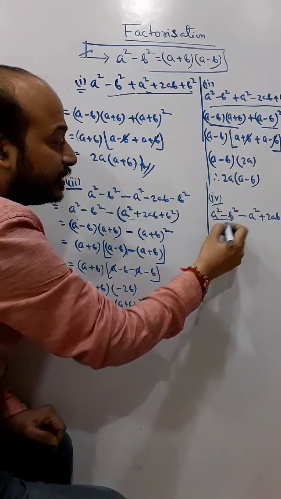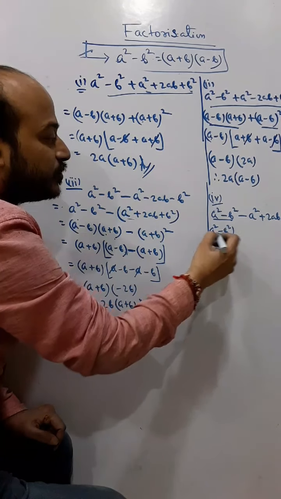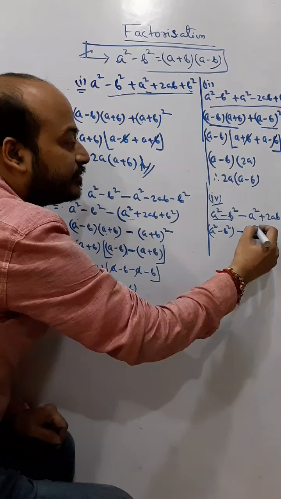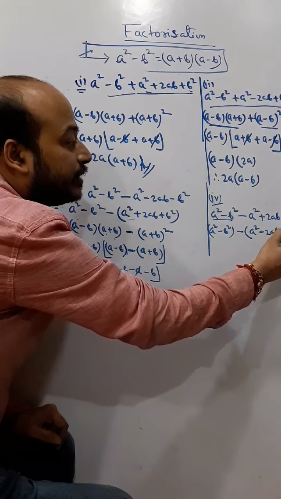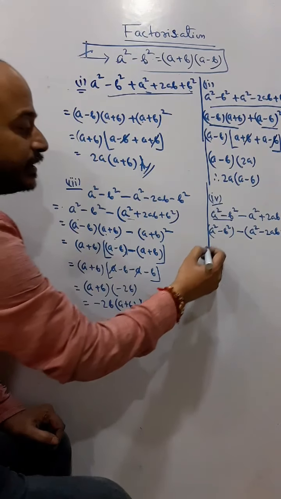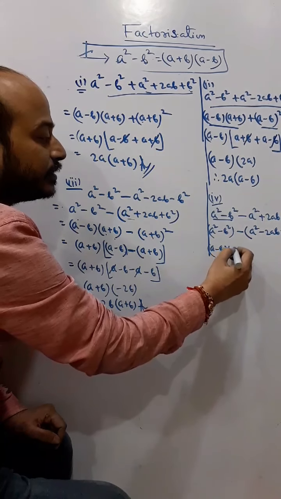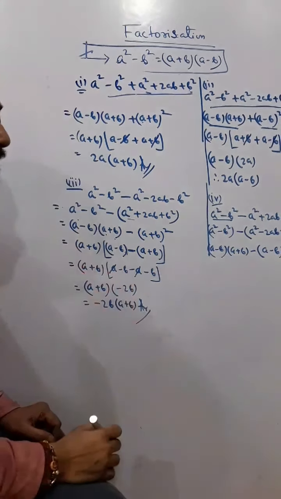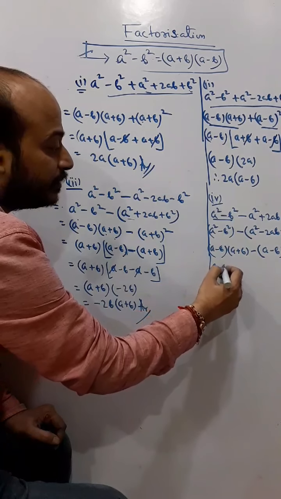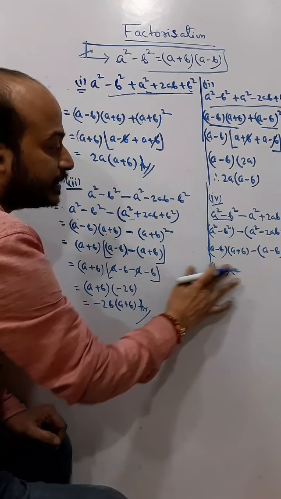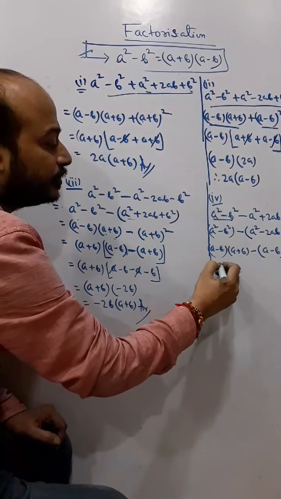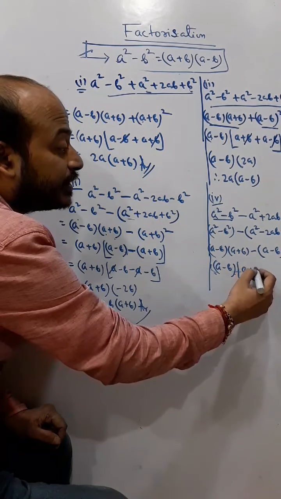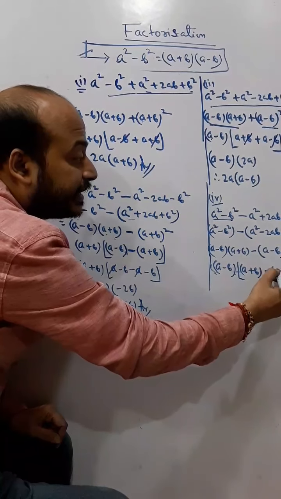So here also you can think in this way: a square minus b square. Now if you take minus common here also, the inside sign will change, and that becomes a square minus 2ab plus b square, and then again a minus b whole square. Then again a minus b, sorry, I can take a minus b directly common in both. So I get a minus b common, and then what am I left with, a plus b minus, in brackets,